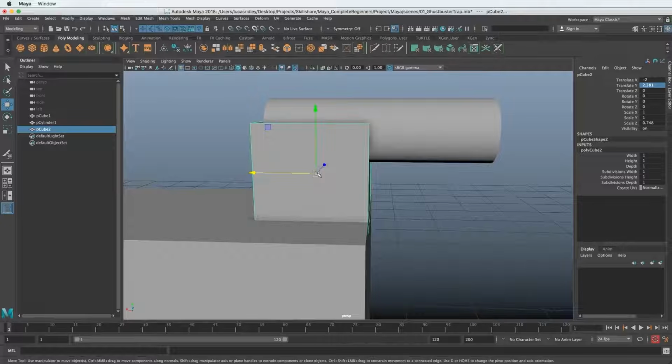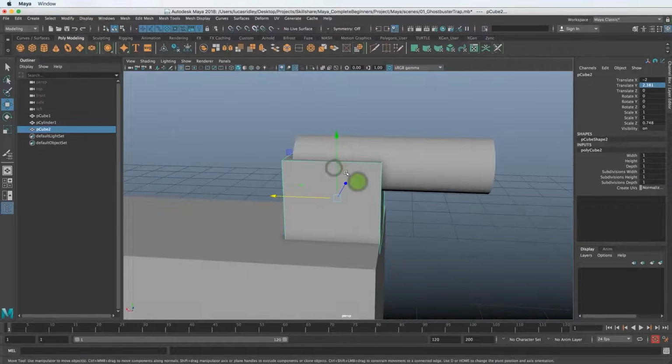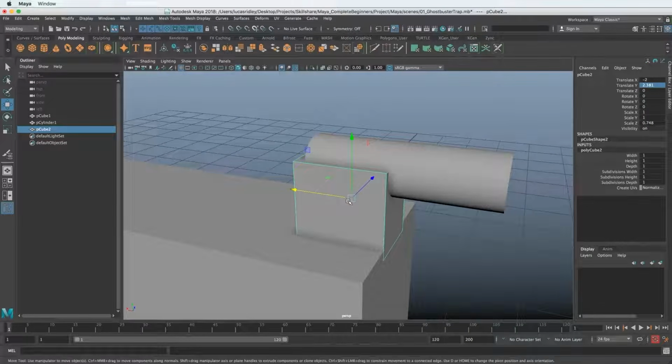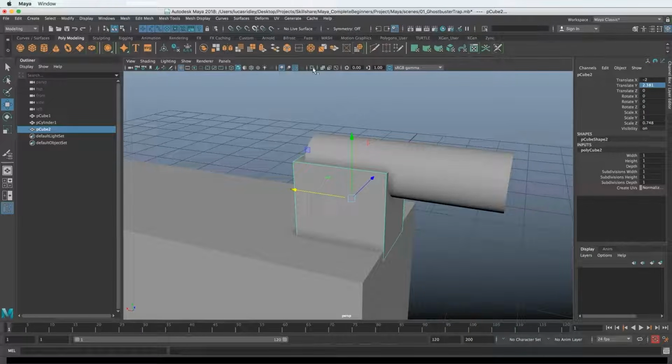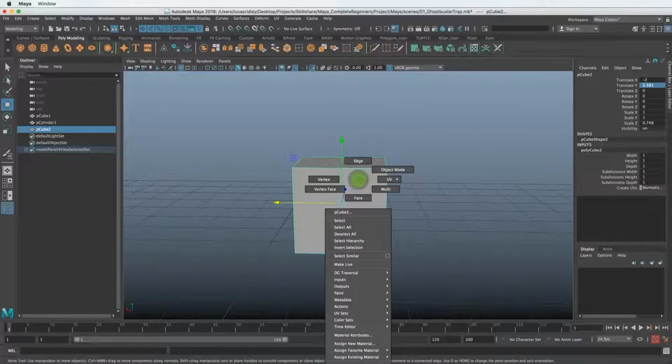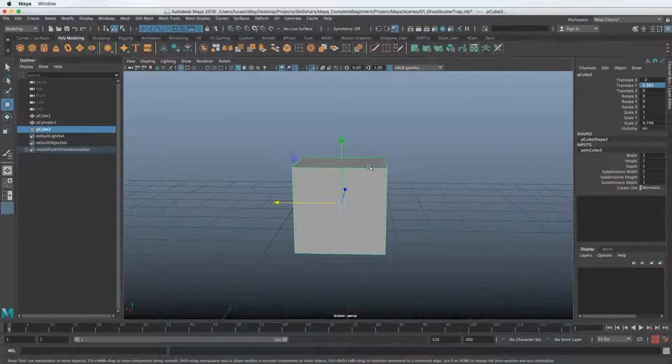So, for example, if I hold down V on the keyboard, that means vertice. It's going to snap to vertice. And just to show you what the components are that we're dealing with, to know what a vertice even is, let me break this down even further. So if we take this square, I'm just going to isolate it with this little button here, isolate select. I right click. Now I can see and change my selection mode to edge, vertex, vertex face, face, or back to object mode, which is what we're currently in.